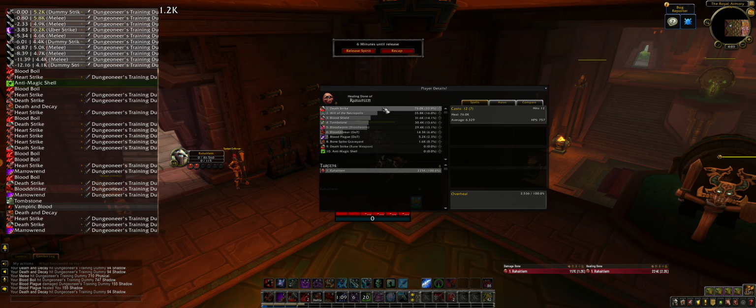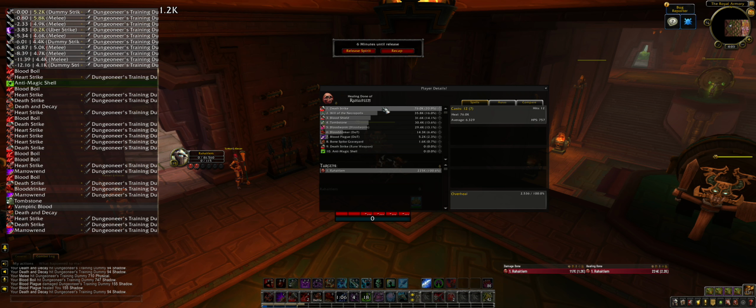On the healing side of things, again, you will get a threat from healing as well. Death Strike, of course, is your main healing ability here. As you can see, when I wasn't able to have a healer heal me up, Will did a lot of healing, Bloodworms did a lot of healing. These two both kind of go down in situations where you